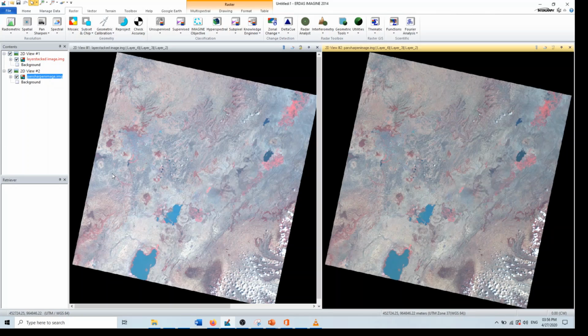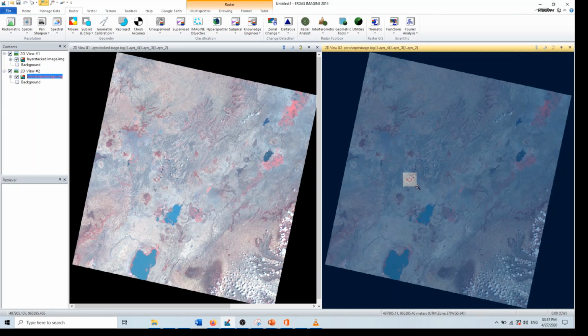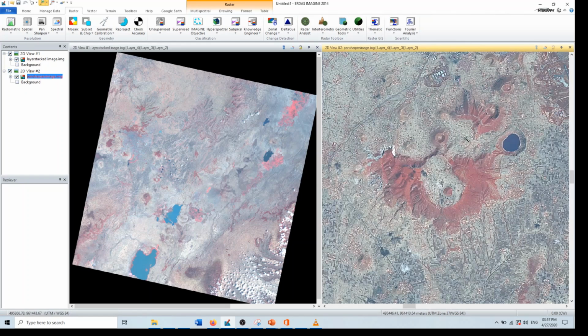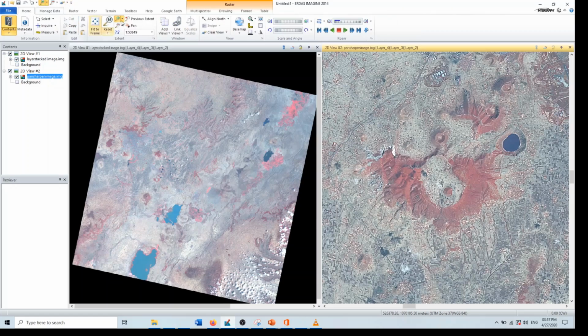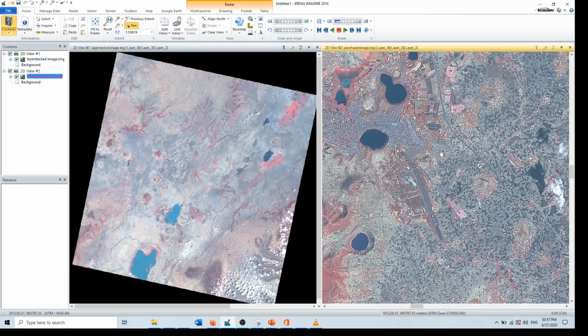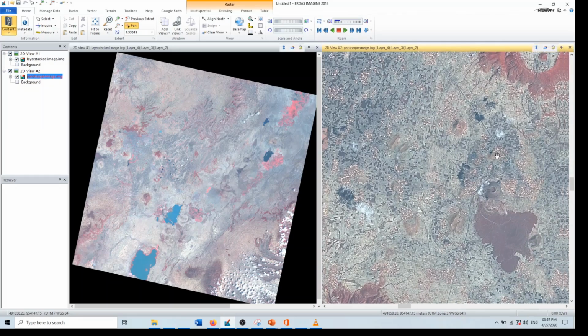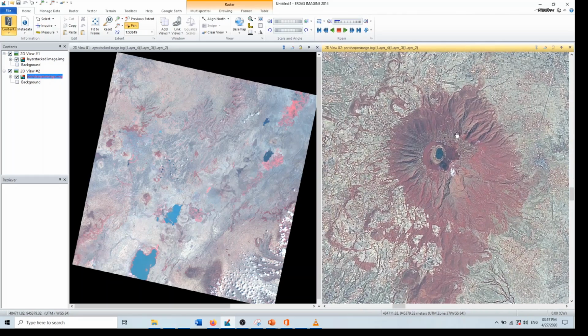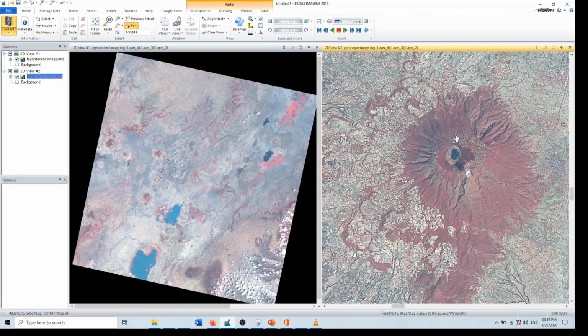Now you can compare the same area and see whether there is a spatial variation or not. So for example, I just have selected this place, or another place as you want. Okay, change here. For example, this is a volcanic cone and it has a crater lake at the top.